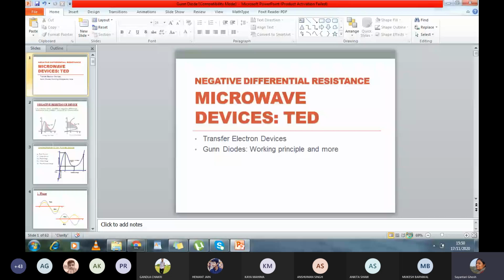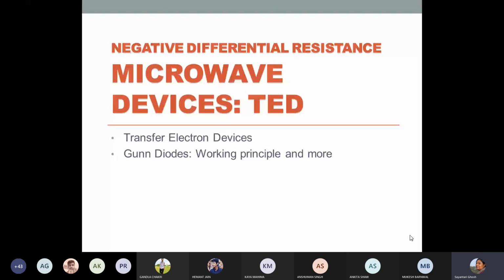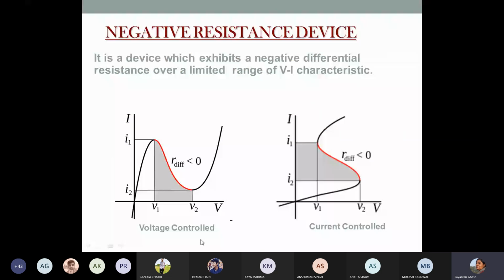So today we are talking about a new family which is constructionally and in operation principle drastically different from whatever we saw in tunnel diodes. In general, we call them transfer electron devices. We'll discuss what is meant by that. These are also negative differential resistance devices, where you have IV characteristics somewhat like this. We discussed these kinds of IV characteristics in the last class, where they look like an S or an inverted S, with a region where the voltage and current are not proportional to each other and the slope is negative.